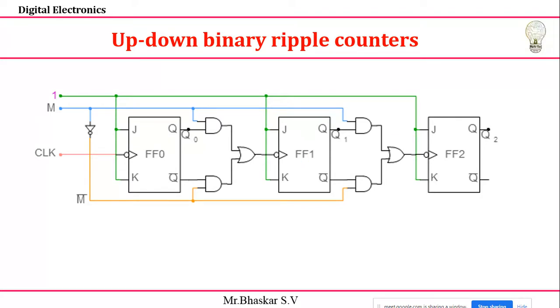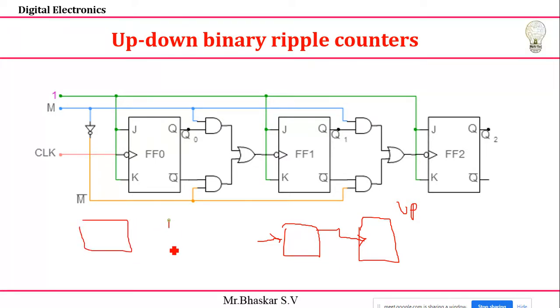So what changes when it comes to up counter, down counter and up down counter? See, I already told that if you take any flip flop, I'm going to give the clock to the first flip flop, and I have a second flip flop. If I connect its Q value to this, it is called an up counter. Suppose I use the same clock and same flip flop, but instead of connecting Q, I connect the Q bar. Whatever the output may be, if I connect it to the clock here, this acts as a down counter. You know this thing.